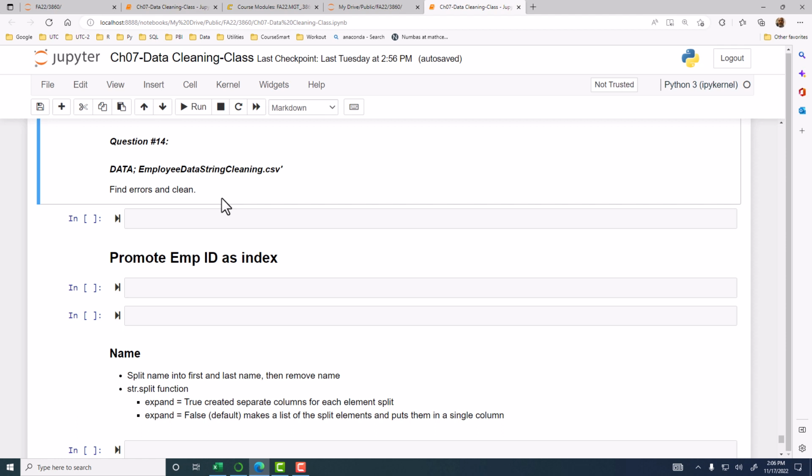Just play with it and see where it takes you, okay? I'll provide the key afterwards. So I'm not going to go over question 14 because there's nothing new in here. It's just another example. So you have to go through each column one by one and clean each column up. All right? Now that completes